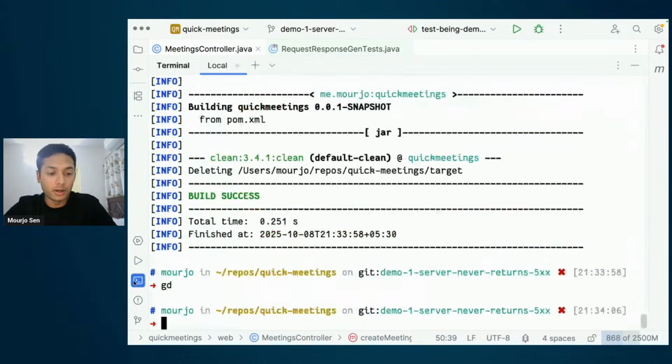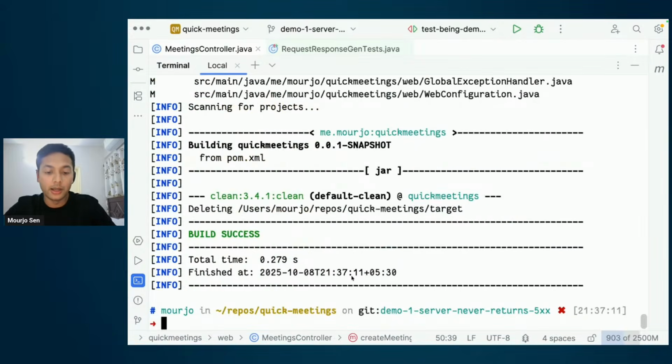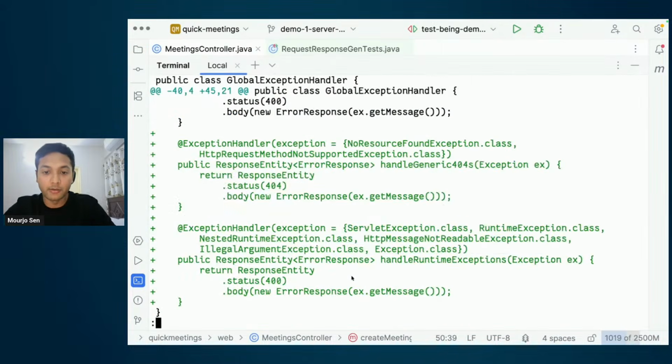So here, what the fix is again is not important, but the fix is to add exception handling, and not just exception handling for a null pointer, because this is a property-based test after all. It has to handle all the possible exceptions that could happen, like HTTP request not supported or runtime exception and things like that.